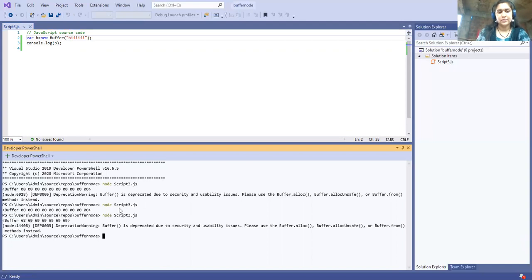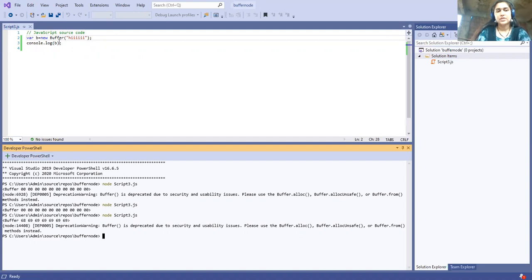So let us check what happens here. The 0 0 0 that was initialized is replaced. These are the binary representations for these letters. Here H, its code is 68, so it is given here. Then 69 stands for I. So however many times I have given I, it will display 69 that many times.